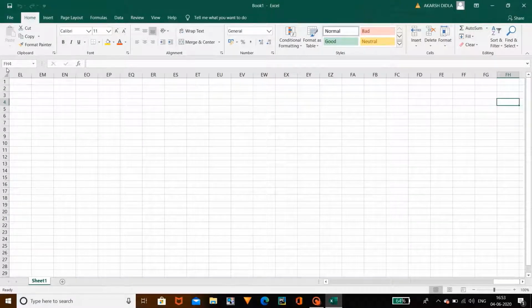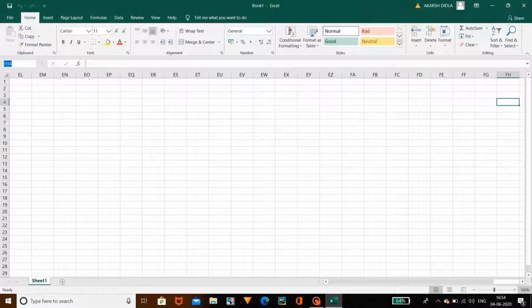The name of the cell is mentioned here, as you can see. And coming to the bottom, Sheet1, this is called Excel Sheet1, as this is the Excel application and this is the sheet we call Excel Sheet1. If you want to add more sheets, you can click here, the rounded plus. This is called an Excel sheet.